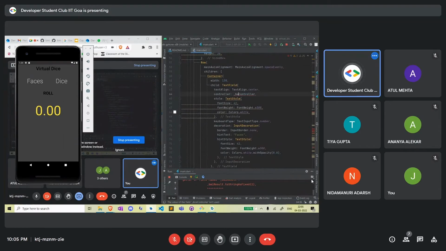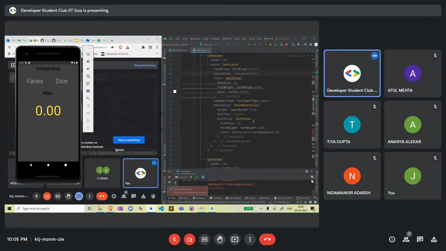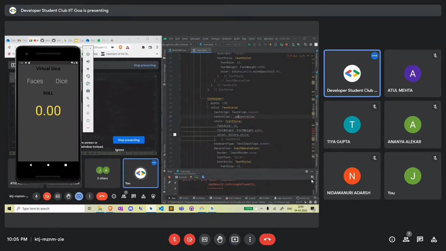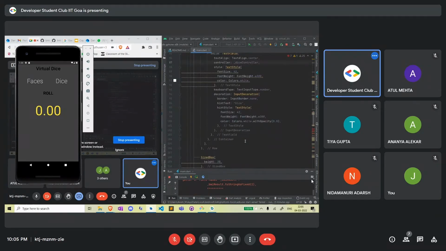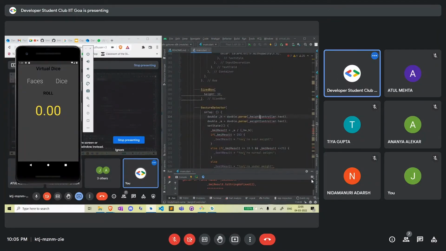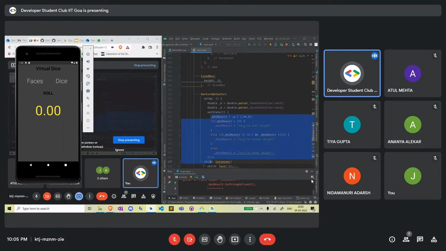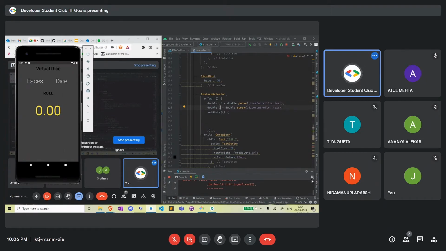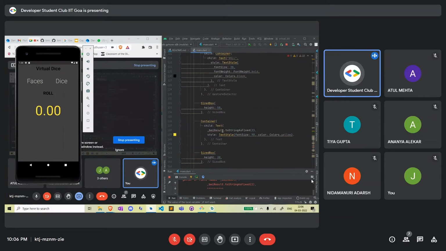सो हाइट कंट्रोलर वाज फेस कंट्रोलर, ओके देन, वेट कंट्रोलर, साइज कंट्रोलर, height controller was face controller, weight controller was face controller। here my result is no more, ये जो भी है सेट स्टेट में तुम थोड़ा हटा सकते हो अभी के लिए, because it's should be empty। ये हाइट की जगह फेस, वेट की जगह डाइस। there's one more error somewhere, BMI result string,